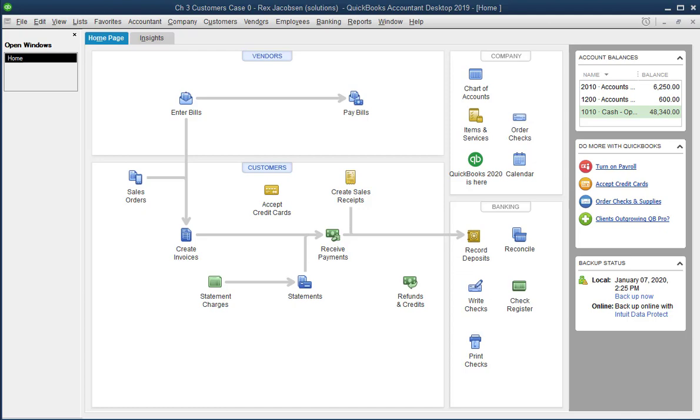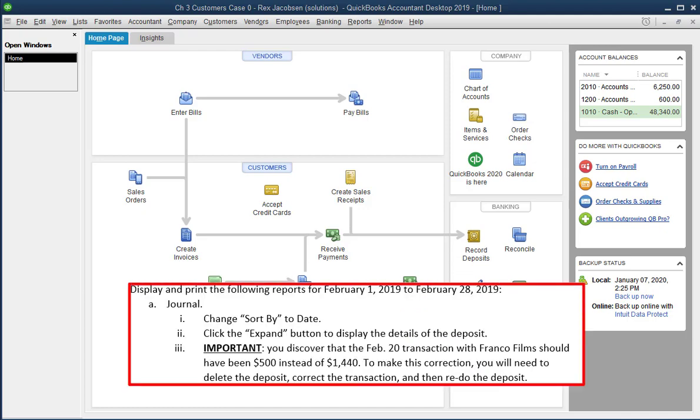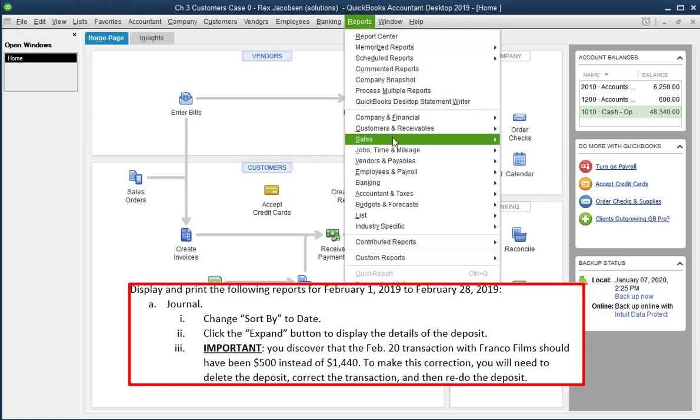So now it's time to pull up some reports. The first one is the journal. The dates are February 1 through February 20th. So to run the journal report, we go to Reports, Accountant and Taxes,